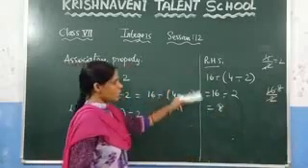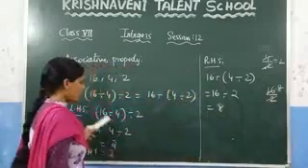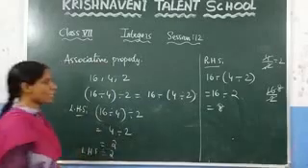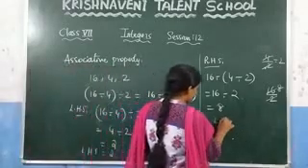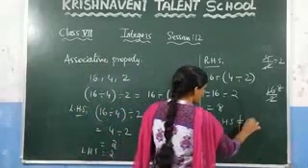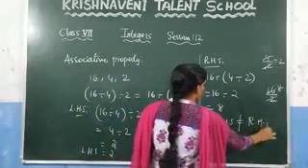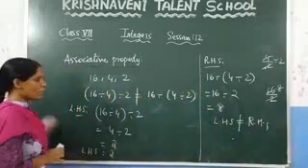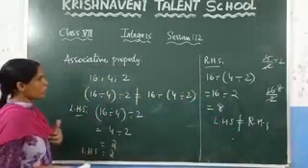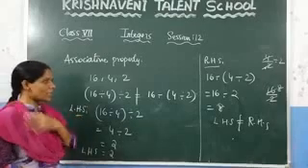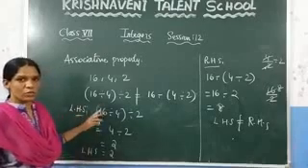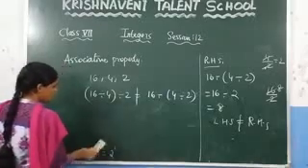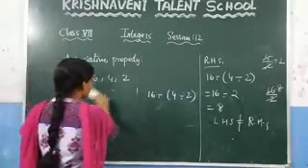So by doing the RHS you got the answer as 8, and by doing the LHS you got the answer as 2. From this you can say that the LHS is not equal to the RHS. From this you can conclude that these two values are not equal. So by seeing this example, you can conclude that the associative property under division does not hold good for integers. So write that here.